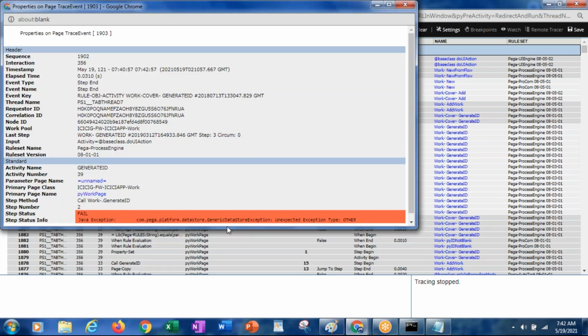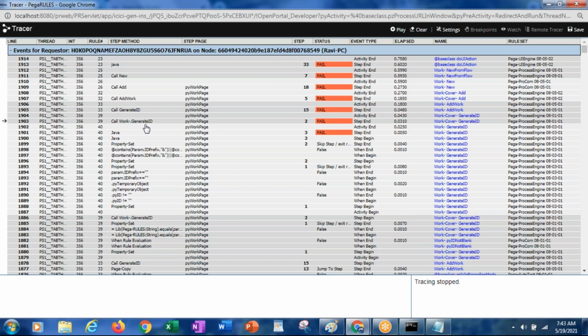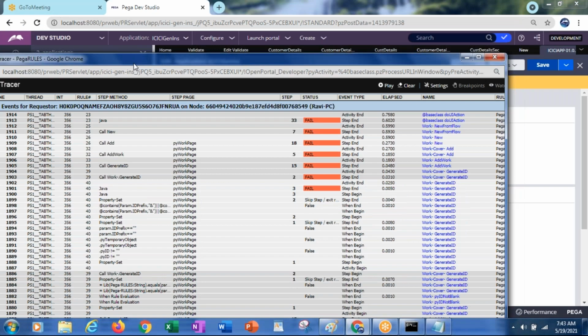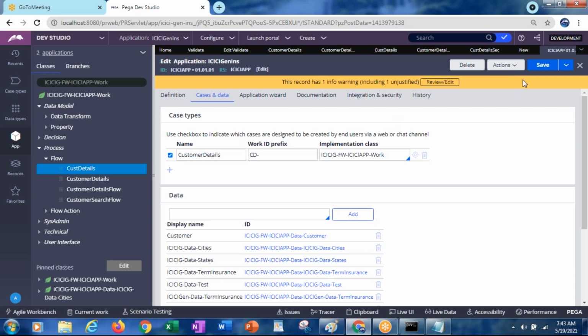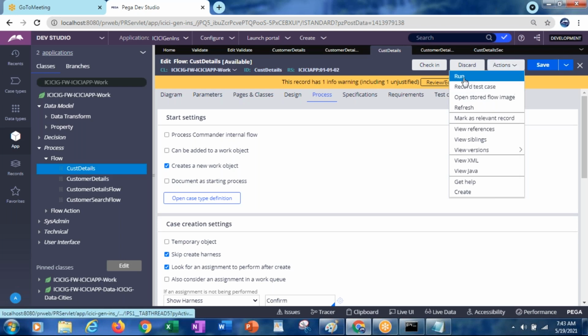Where exactly is this error coming from? It is coming at the generate ID, so when it is generating the case ID it got this error. That is why I found that maybe the issue was with the case ID. So now we have changed it to CD. I hope I saved. Now run any flow. Mostly any flow should work.